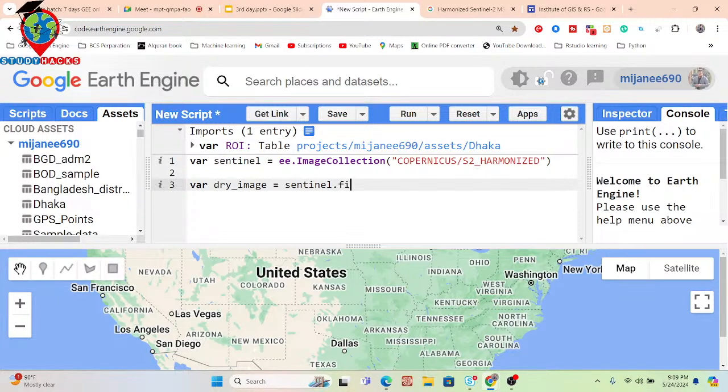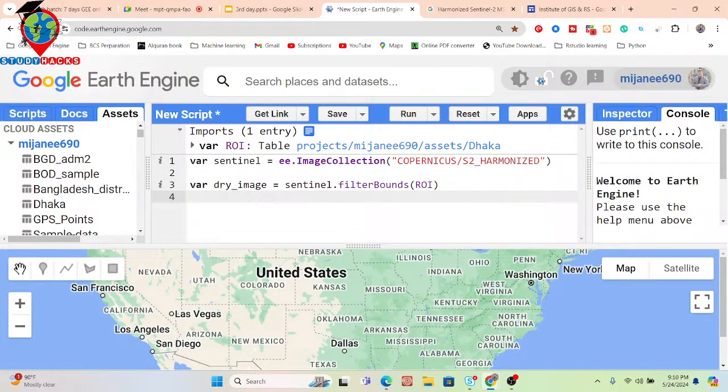So for that, I need to use the same function which we already discussed. It's called the filter bounds function. So mainly the filter bounds function intersects your whole image collection with your study area. This is Dhaka city. In this case, the Dhaka city shapefile is stored in the ROI. So I write here ROI. Okay, done. It's complete only for the where condition.